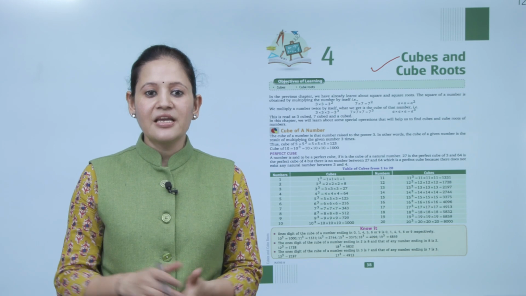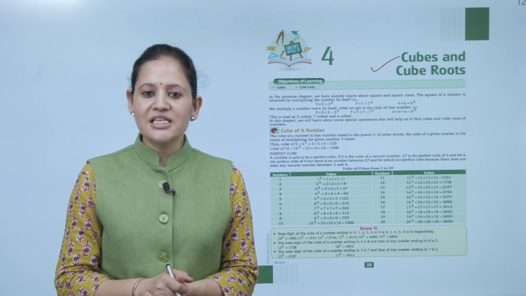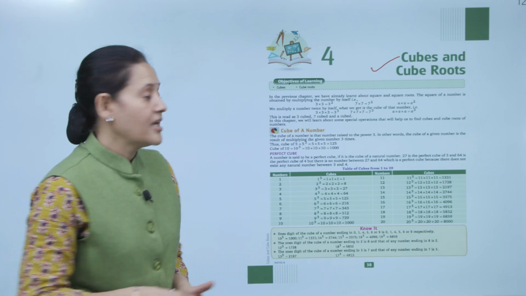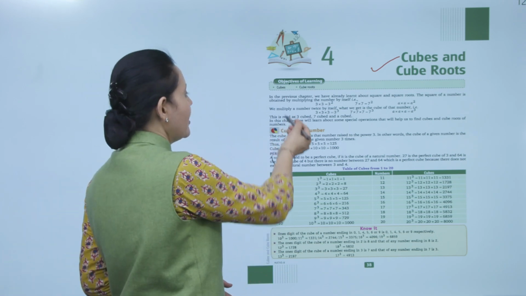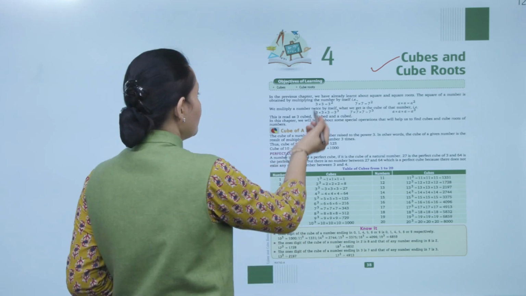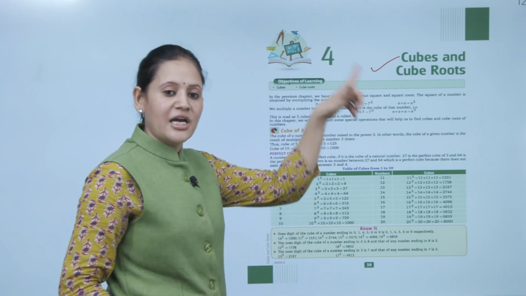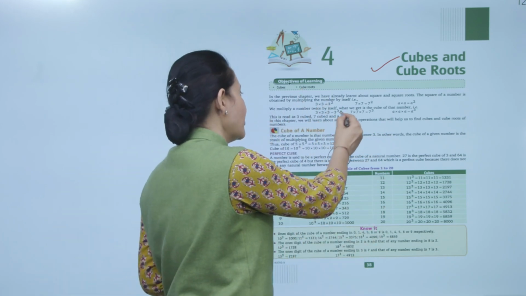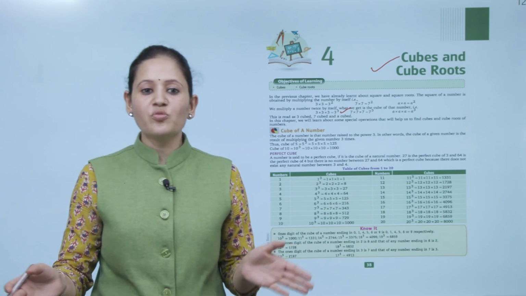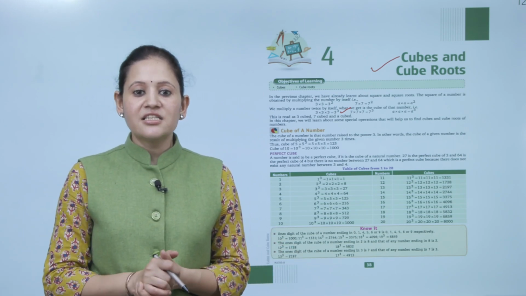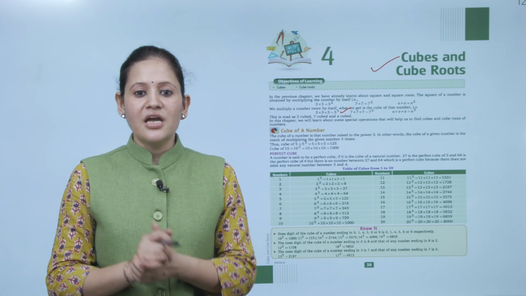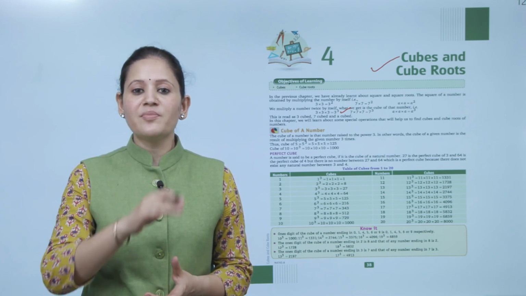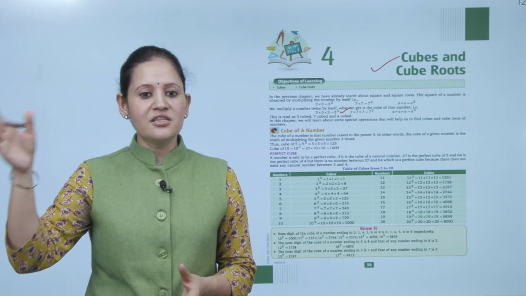of 3. We multiply a number twice by itself, what we get is the cube of that number. We multiply a number twice by itself, means एक नंबर को 2 times और हम उस नंबर से मल्टीप्लाई कर रहे हैं, means 3 into 3 into 3, that is 3 to the power 3. Clear? That is the cube of 3. This is read as 3 cube or 7 cube and a cube. Clear? So किसी भी नंबर का क्यूब है, means we are multiplying that number with it 3 times.